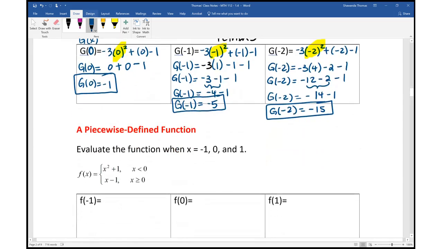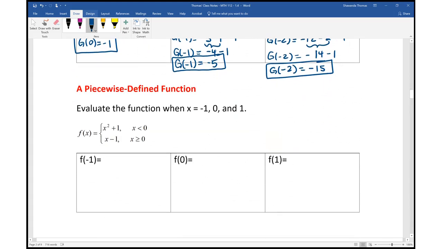All right, let's evaluate a piecewise defined function. Piecewise defined functions look like this. Notice there are several pieces to this one function. This function behaves like this, x squared plus 1, when your x's are less than 0. And it behaves like this, x minus 1, when your x's are greater than or equal to 0. So notice that these x values here never overlap on the number line. So you're only going to end up with one answer, one output,